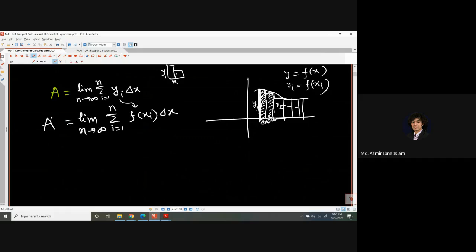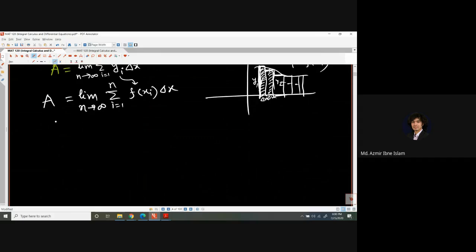Okay, so this part is giving us the value of the area of any curvature shape. If we add up all the rectangles' areas, then we will get the precise area. Okay, so for that curve,